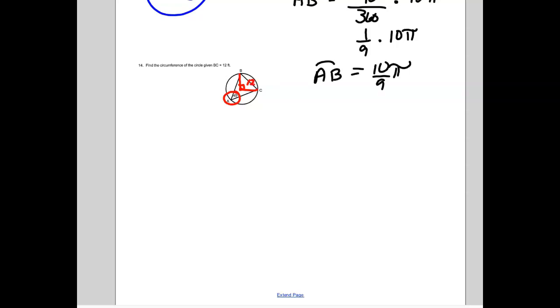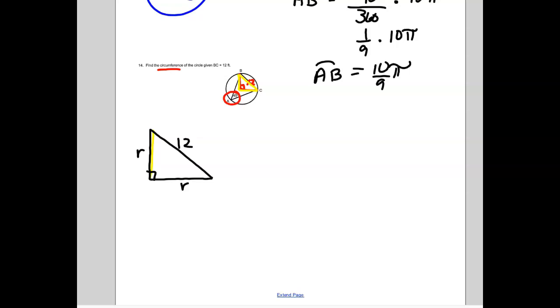So if we look at, we need to find the radius to figure out our circumference, right? So let's look at this triangle here. Okay, I'm going to redraw it outside here so we have a little more space. We know that this is 12, and these are each radii of the circle. Okay, and it is a right triangle. So we could go through with the Pythagorean Theorem,